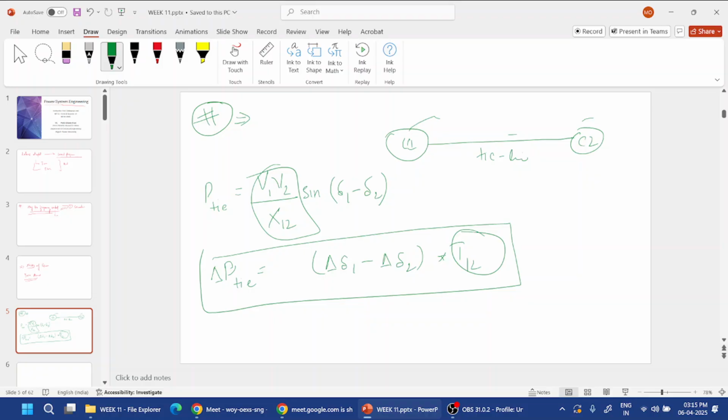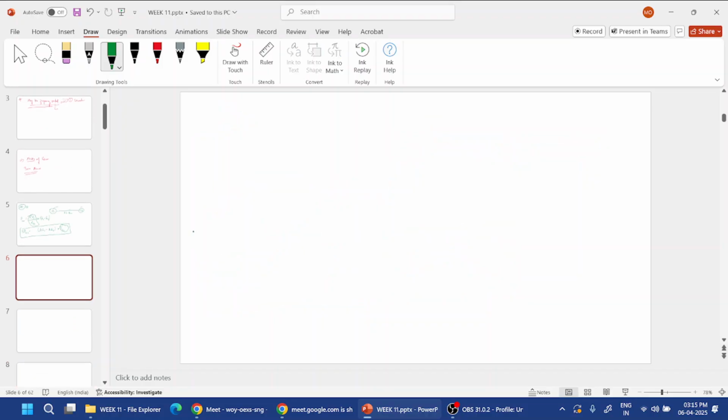Based on that, we can calculate the power in the tie line, which is equal to 2 pi T12 times the integral of del F1 dt minus del F2 dt. Okay, these are the frequencies which relate to the angles. And based on that, if we integrate all that,